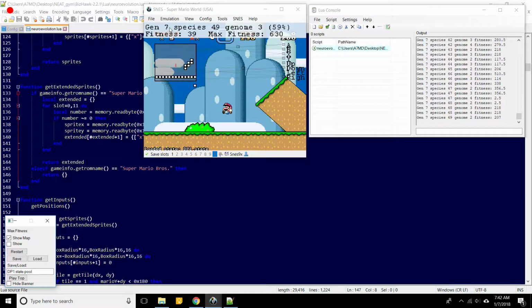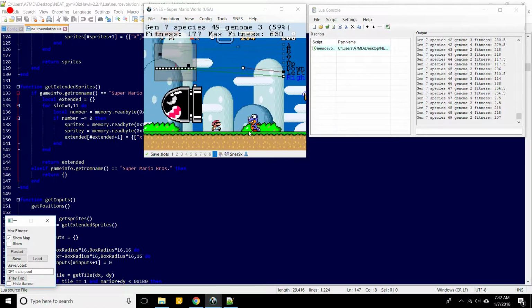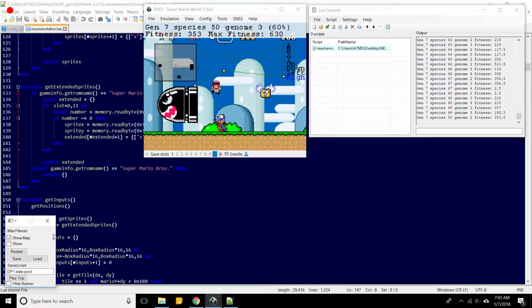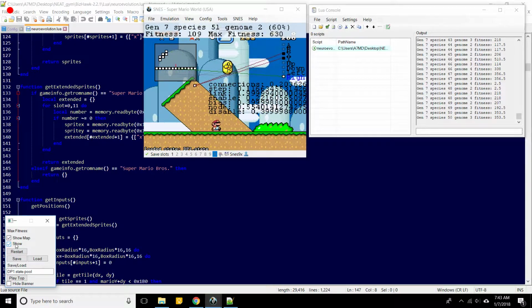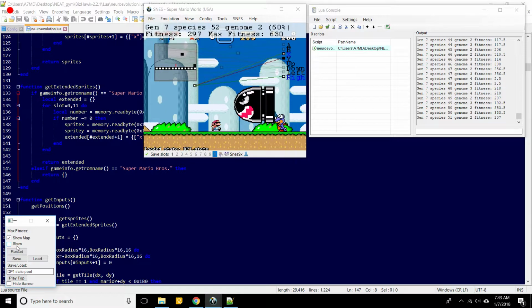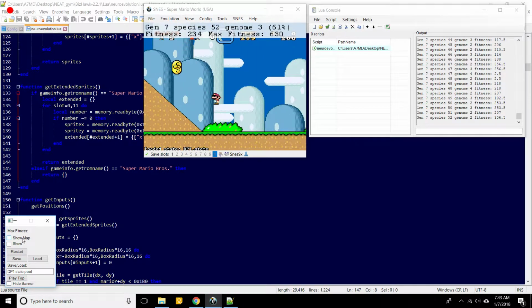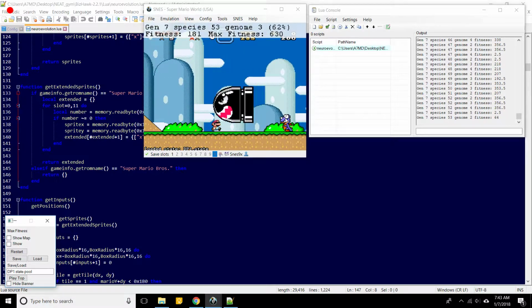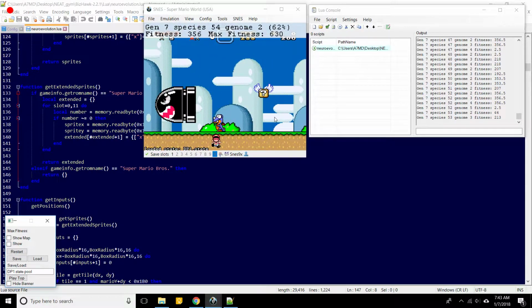So this is the seventh generation running, and the species are being recorded. As you can see, this one did not learn anything. This one runs straight into the dinosaur. It dies. All right. Yes, you can see that it uses different approaches. For instance,